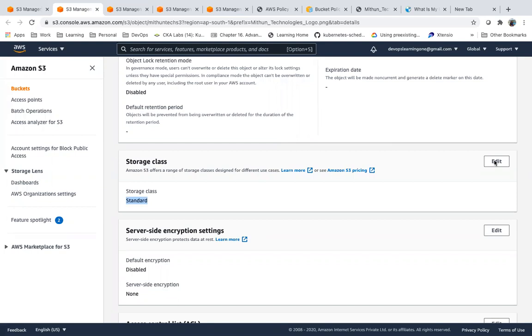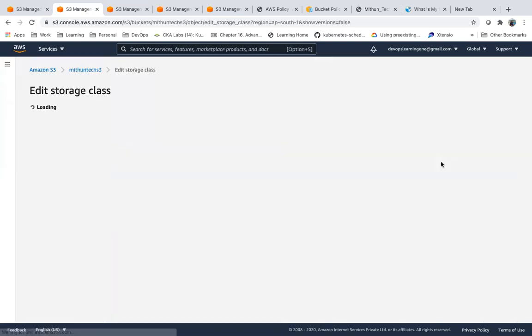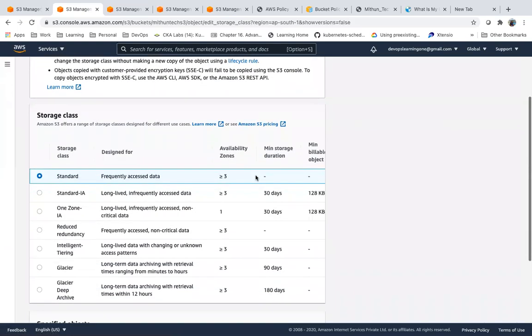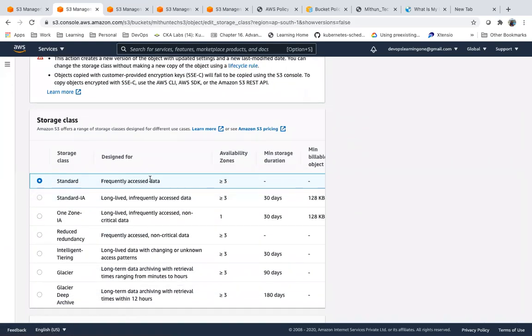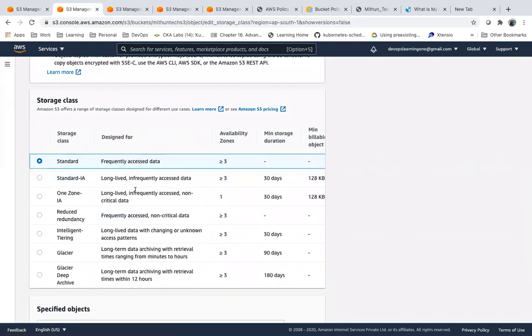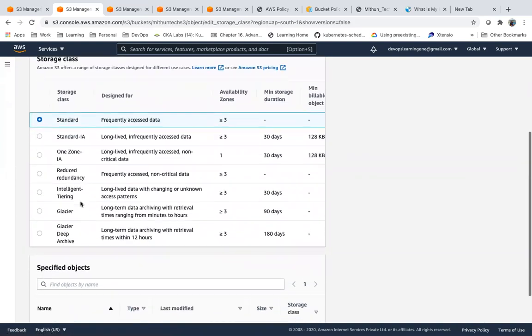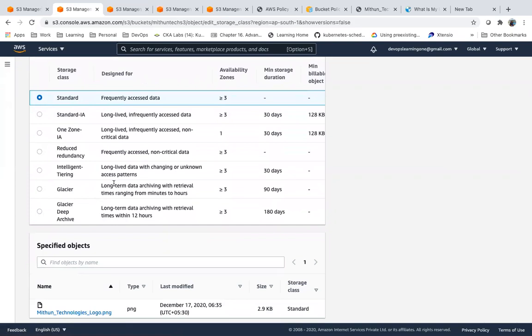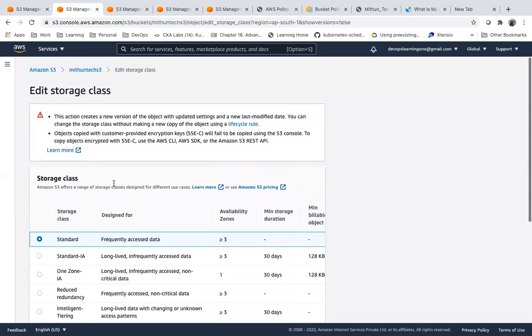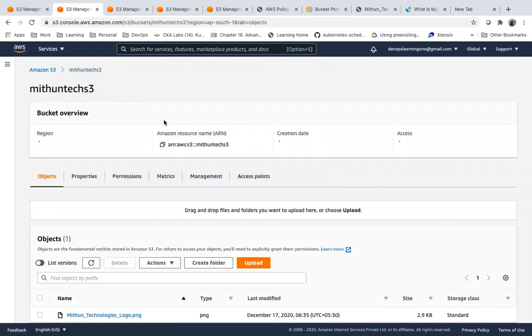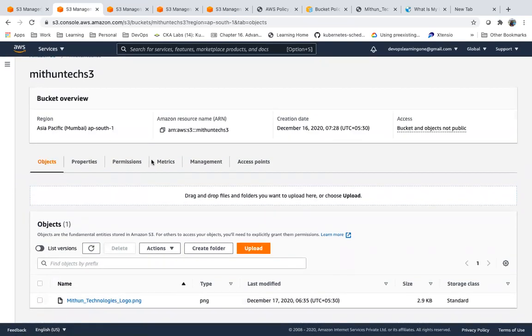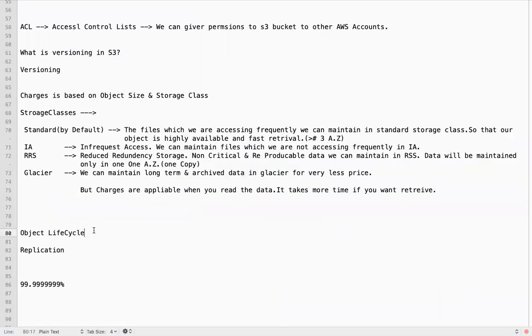I don't need to change the storage class manually, and it is not practical either. We have standard for frequently accessed data, IA for infrequent access data, reduced redundancy, where there is a chance you may lose your data, and Glacier. That is where we have the object life cycle.